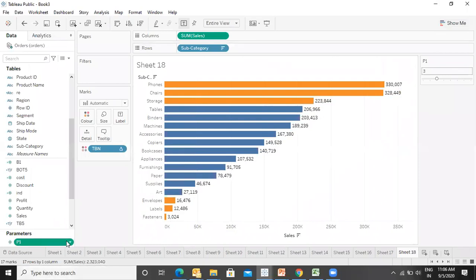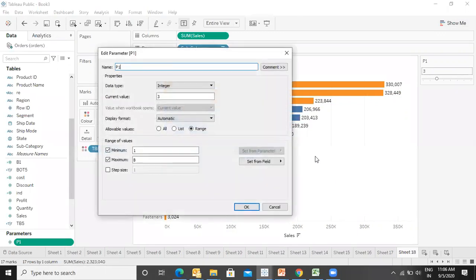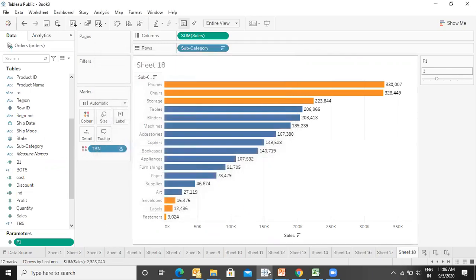If I go to the parameter, say edit, set from field. So quantity. It is saying the minimum quantity is 1, then maximum is 200. So if we want a parameter on the basis of quantity, if we are seeing how many quantity we have, this can be done like this. You don't know how many maximum quantities there are. Is this clear now? Yes. So I'm making it as what I have taken over here, 8. Right. So this was the conditional formatting.